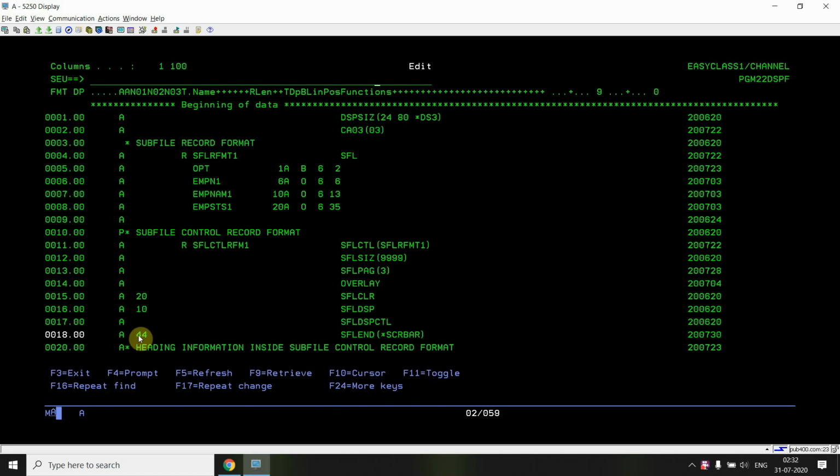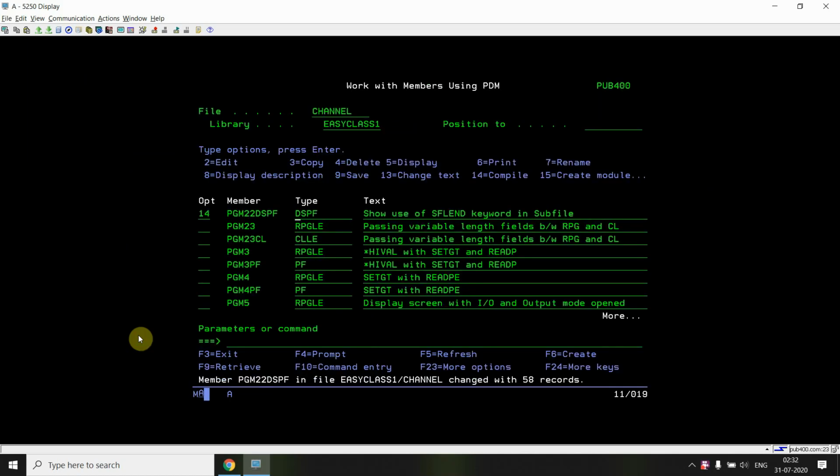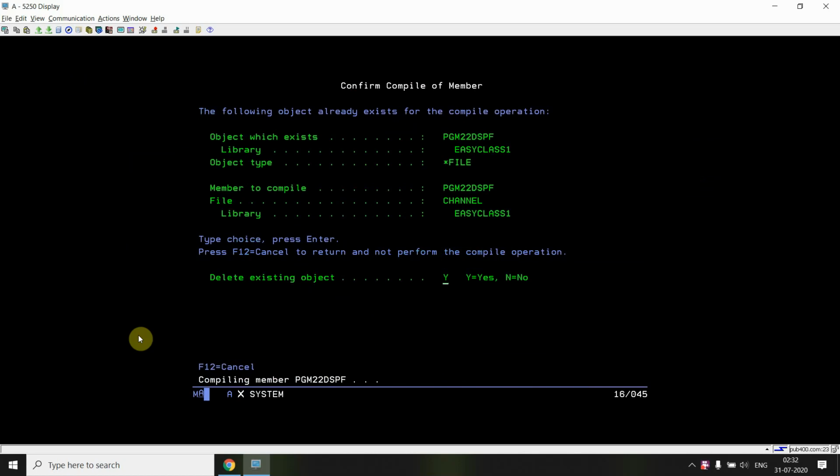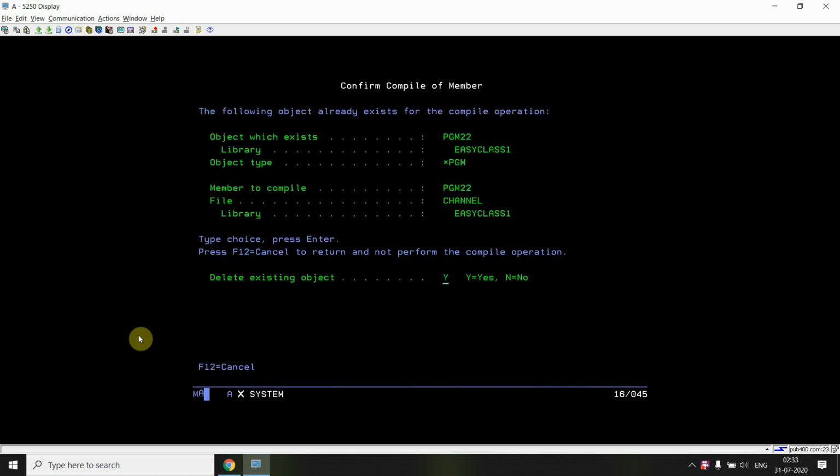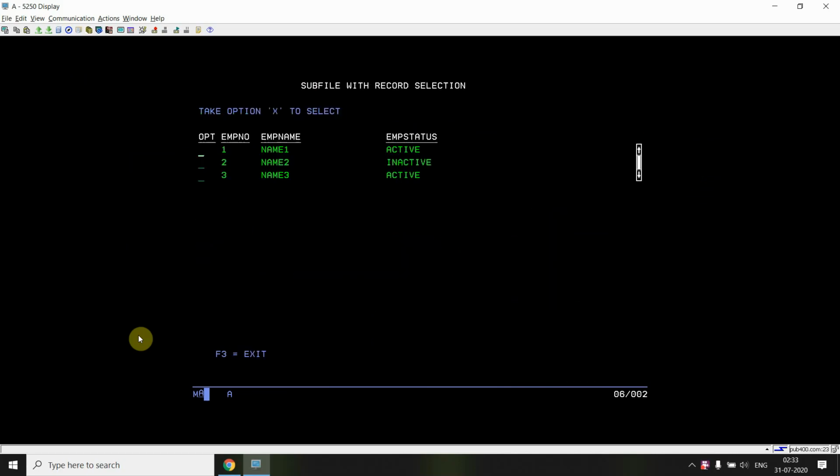So now I'll be seeing the scroll bar here when I'm calling the subfile program. For example, let's call this program. So now you can see this scroll bar here.